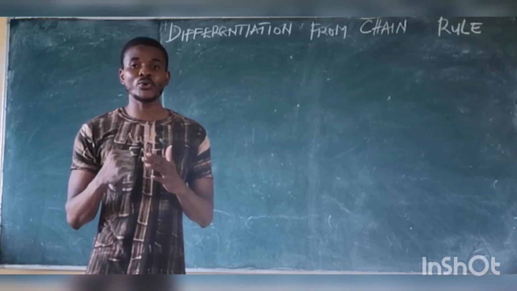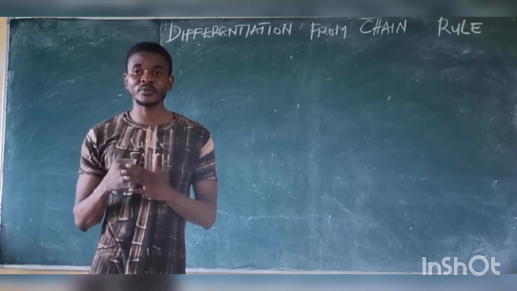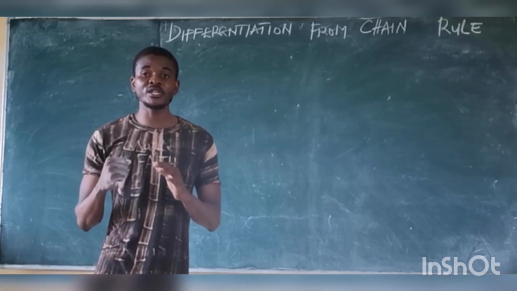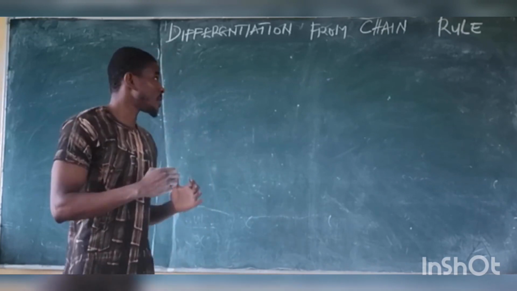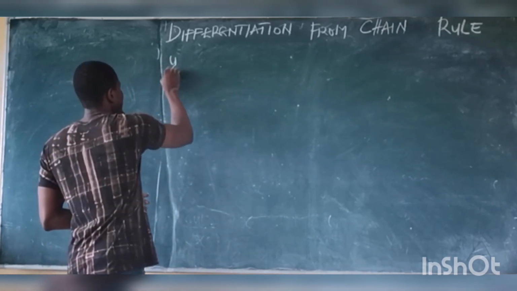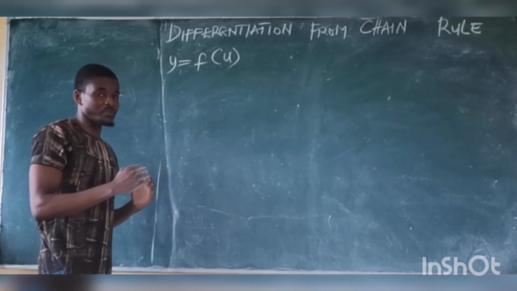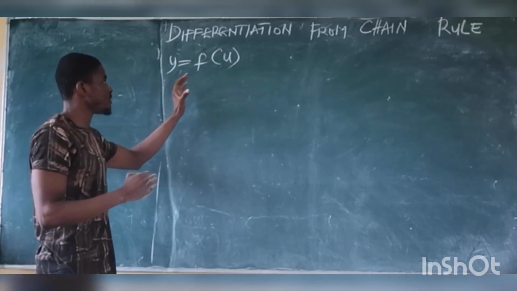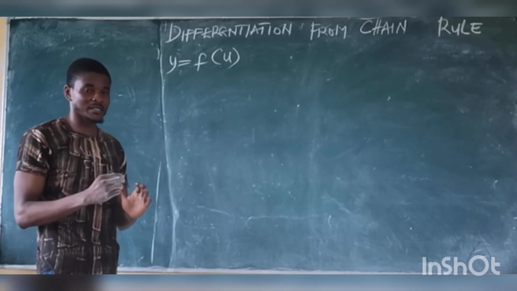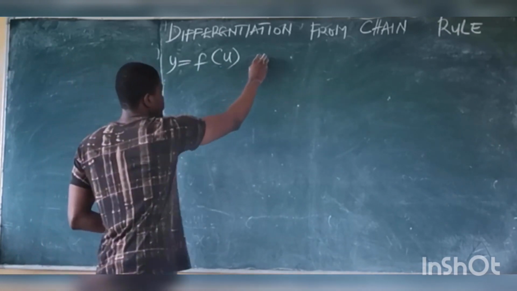Now I'm going to show you how to differentiate using the chain rule. I'm going to show you what the chain rule is all about. Let's say y is a function of u. This means that y depends on the values of u to be defined, and u itself